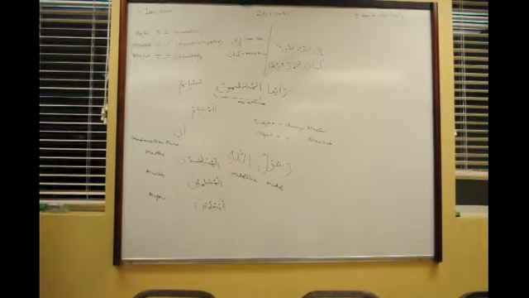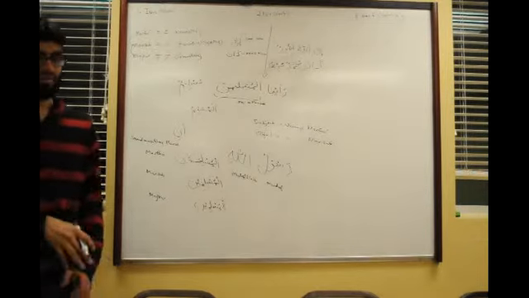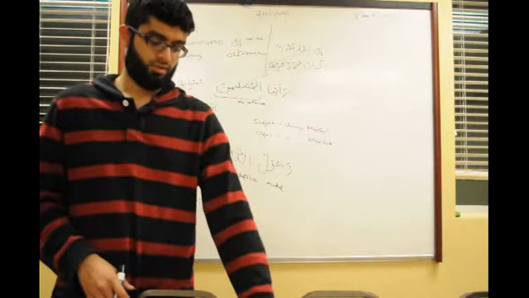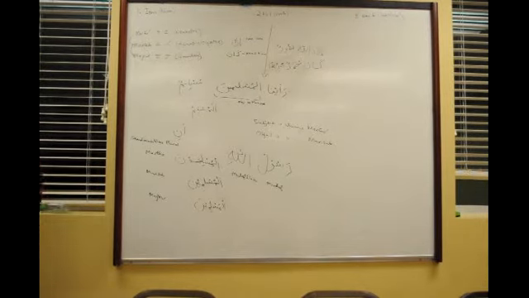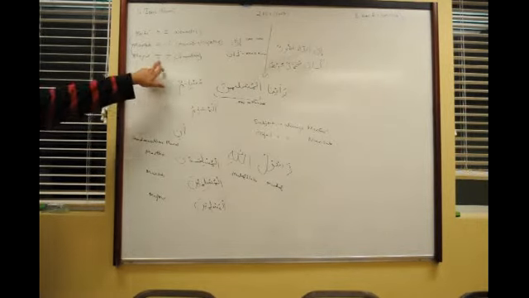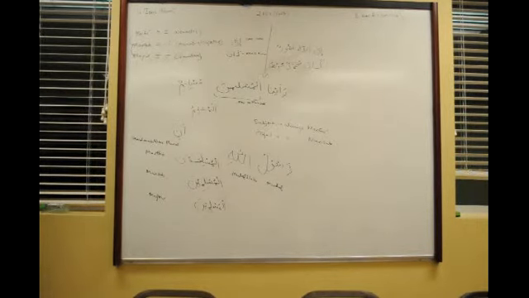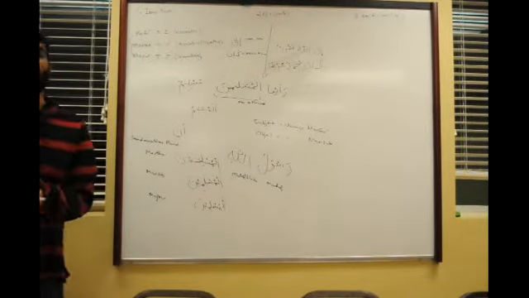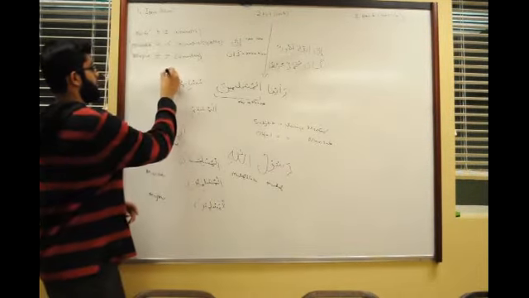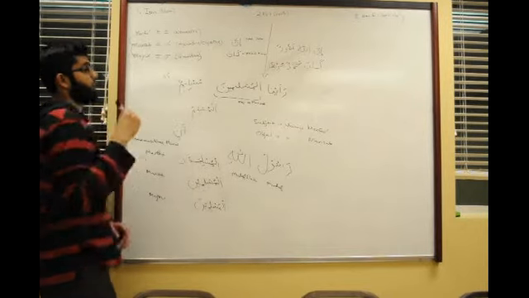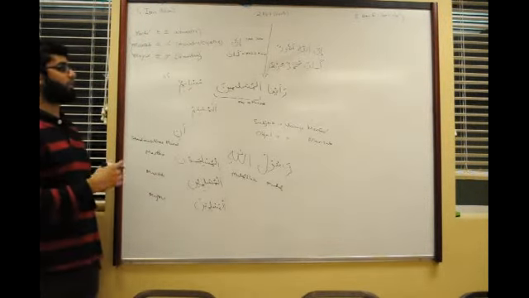Okay, that was one way. What's another way? Give us some hint. Indefinite? No. How does something end up with a kasra? Harf in front. Harf? What kind of harf? Harf, like fi or... Right. Fi. So fi and like what are they called? Harf jar. They're called harf jar, and they make the ism majroor.